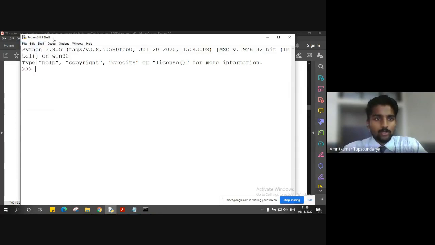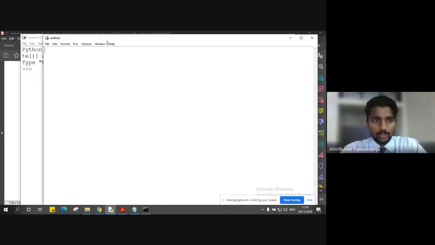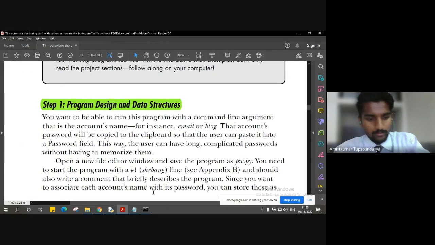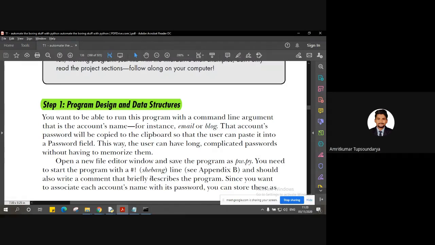Once you open your interactive shell, you have to create a new file, as we usually do, and then mention the Python shebang. The shebang looks something like this. Now, the shebang is actually the indication to the system that this is the Python program which you have to execute.